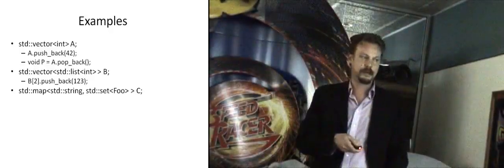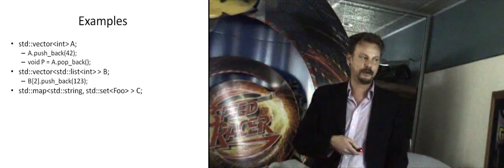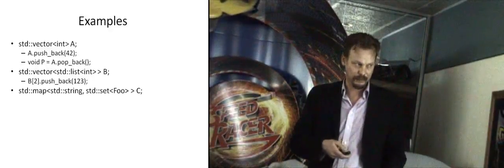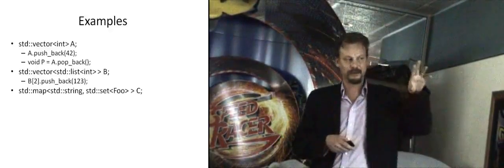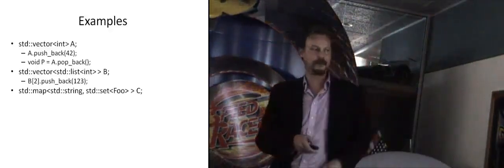Just some simple advice, and I guess it's clear to anybody: if you find yourself needing a map of something to something else, and that second thing is a type itself, you should always typedef it out. So you typedef that out to a set of foo called foo set, and then have a map of a string to foo set. It's much clearer.